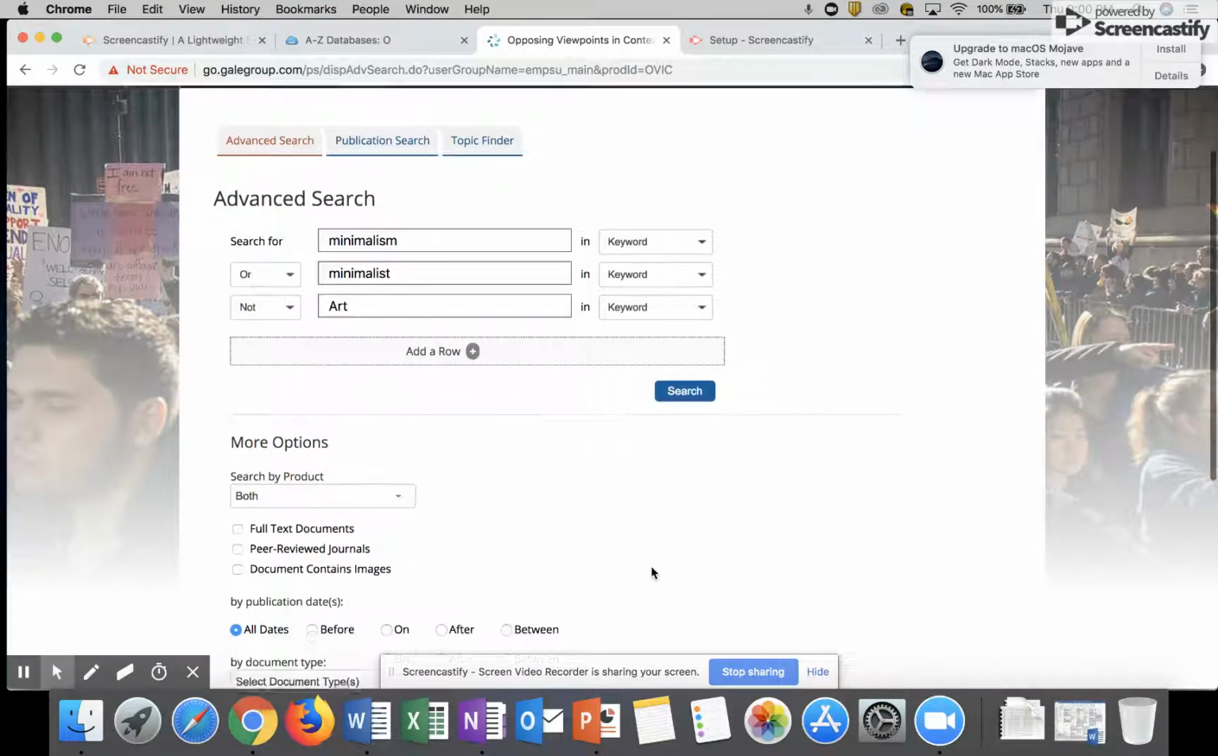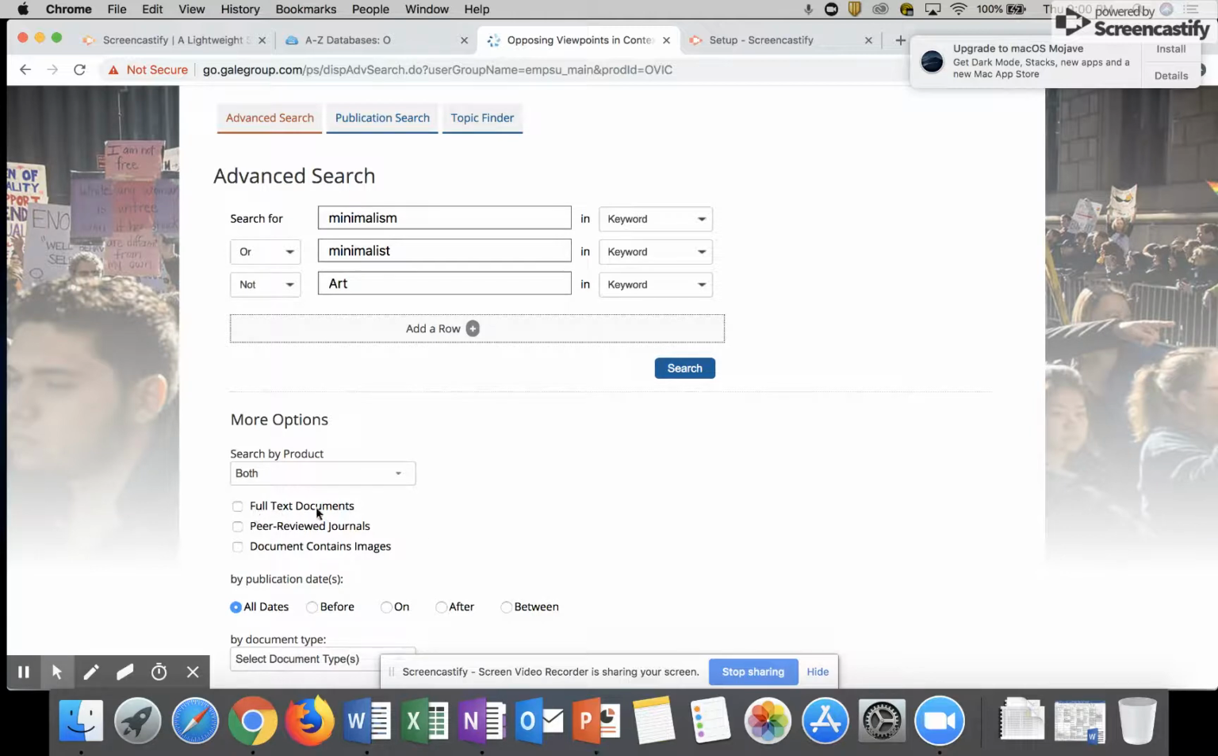In addition to, I can also filter my results by full text. I can filter it by peer-reviewed journals, which in this specific database is actually going to really limit my results because Opposing Viewpoints gives me newspapers, it gives me magazines, which aren't necessarily peer reviewed documents. It's going to give me primary sources. So it's going to take a lot of that out and only give me journal articles. So I'm going to avoid using that specific